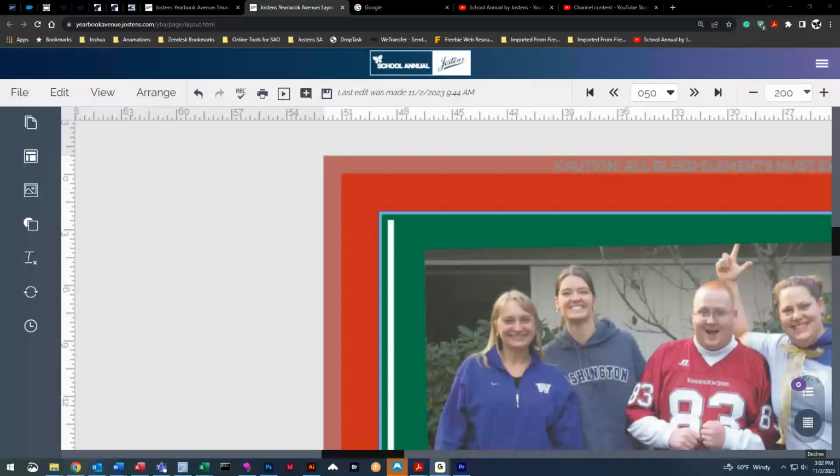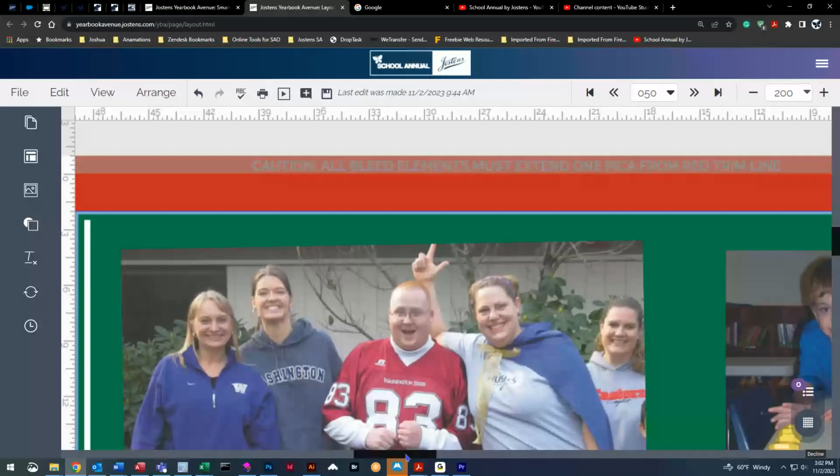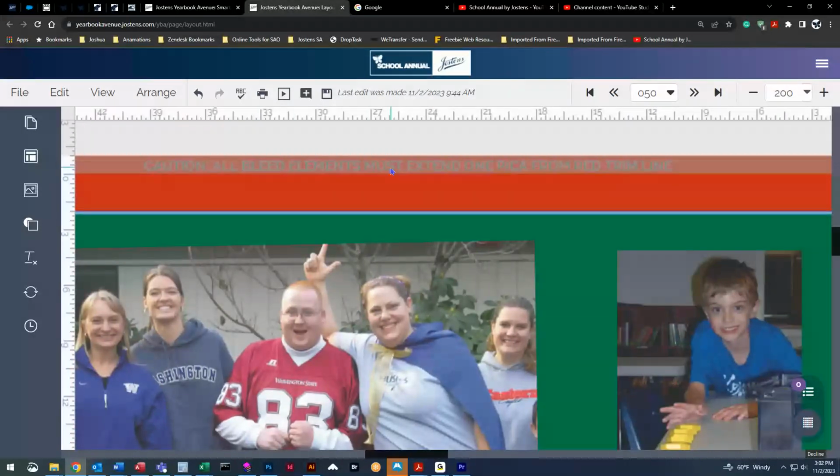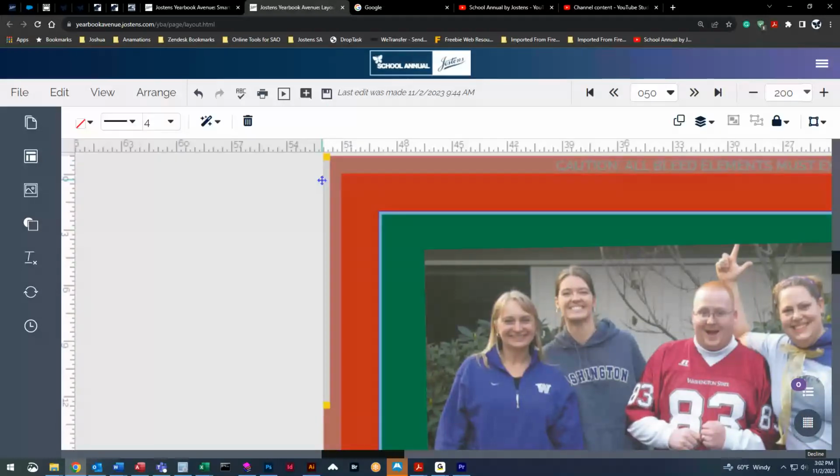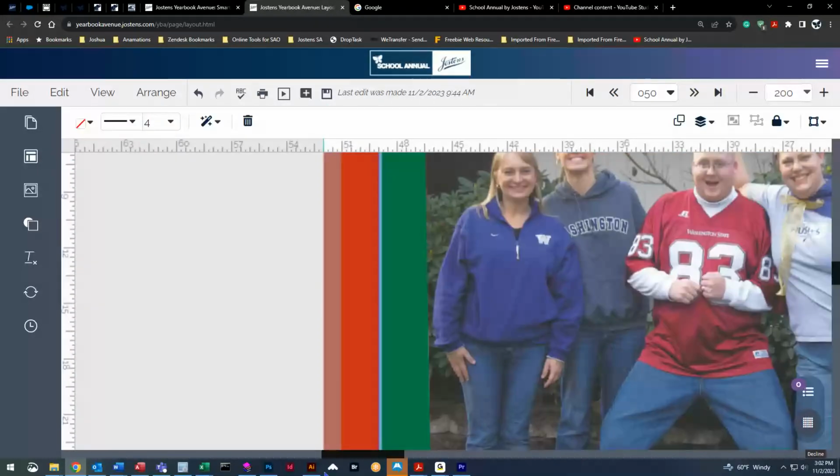So first off, we're going to talk about bleeds and margins, kind of explain what that is. And first, we're going to talk about the concept of the bleed. The reason why we have the bleeds and margins set up right here, all bleed elements. You'll see this little box right here that says all bleed elements must extend past basically this line right here, this little gray box that extends all the way around your pages. Without your background going all the way into this area right here, when we go to print, you may see,